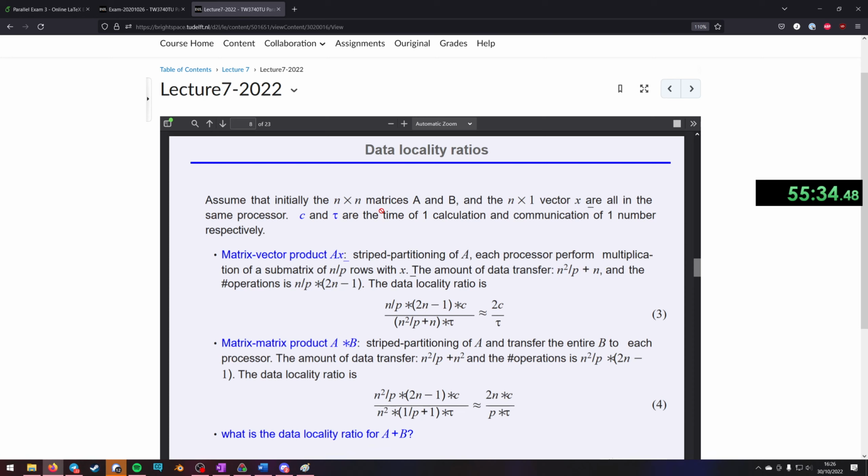And then it does the calculations, and then it sends out its own row. So this makes sense. n squared over p here, that is the data it has, right? So it receives n squared over p, which is the data it needs to work on. It receives n, which is the vector. So n squared over p is the matrix, because it only needs a stripe of the matrix, and n here is the vector, because it needs the entire vector. That times tau,